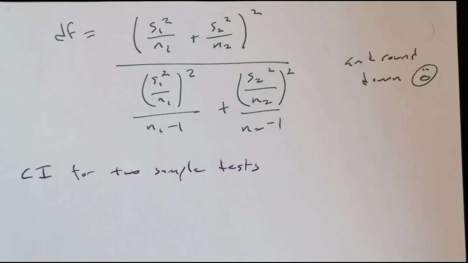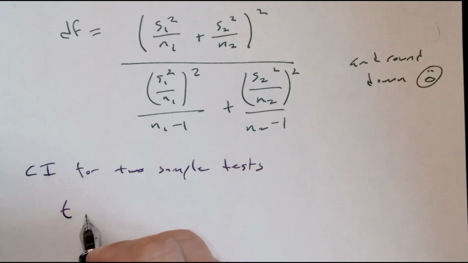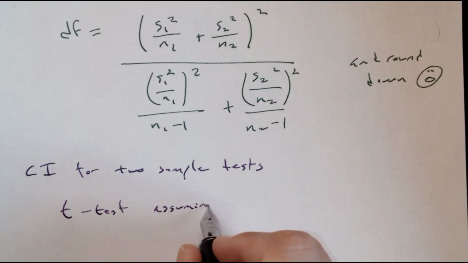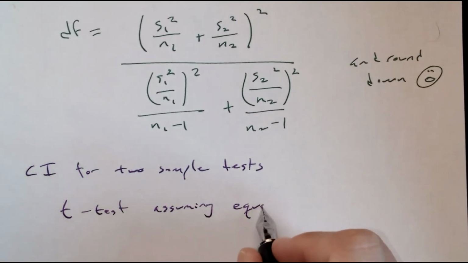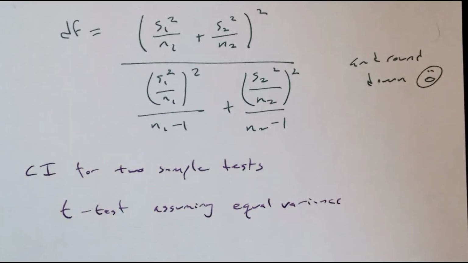Do I assume they're equal or not? So if I assume the variances are equal,